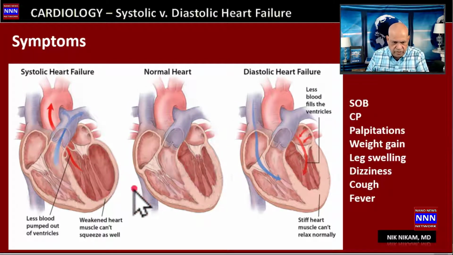Let's look at the symptoms. The symptoms presented by these two categories will be similar in certain respects and different in many respects. Patients with congestive cardiomyopathy or dilated heart failure have ongoing recurrent symptoms of shortness of breath, fatigue, weakness, and inability to walk any distance. They may also have palpitations if they have a history of atrial fibrillation or atrial flutter. They may notice weight gain and leg swelling, whereas patients with diastolic heart failure may be generally asymptomatic until